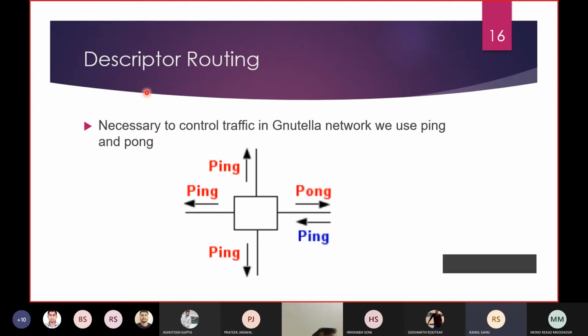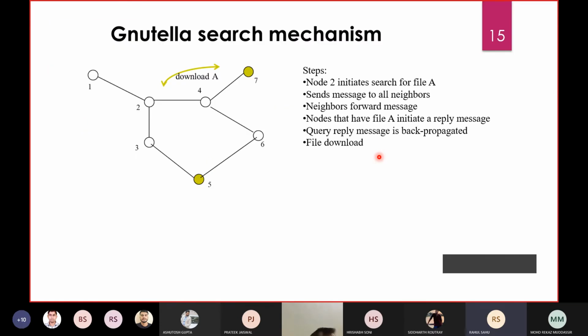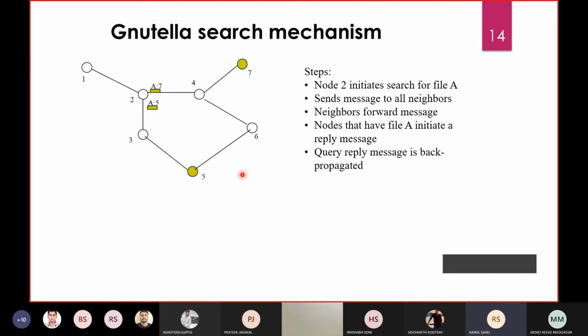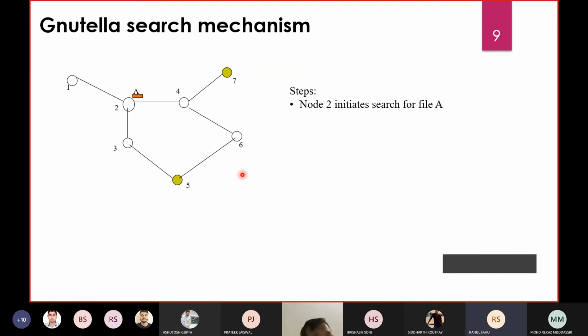So we use a different mechanism, that is we use a ping signal and a pong signal.